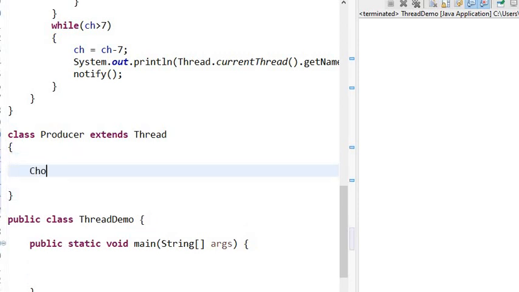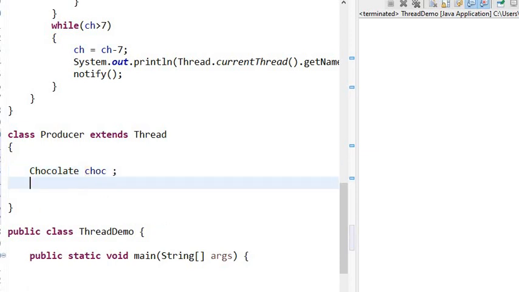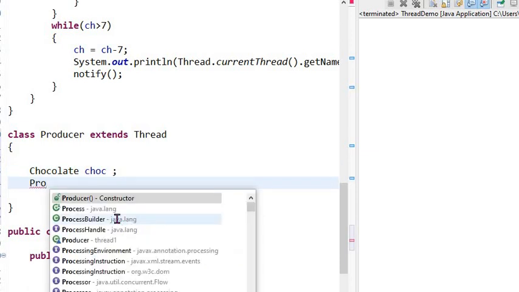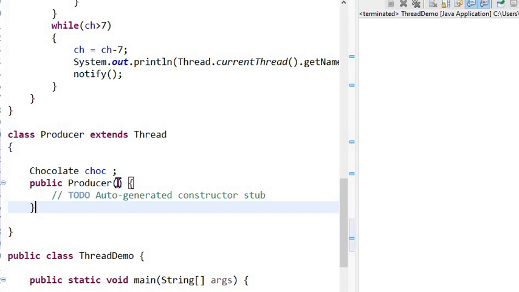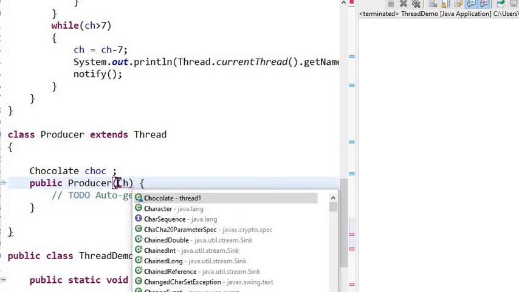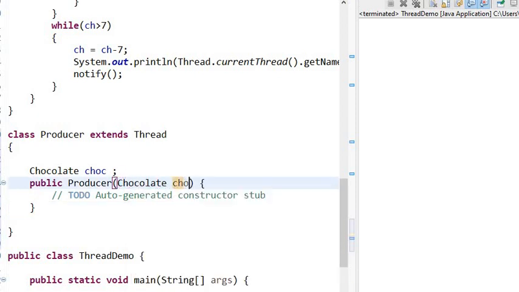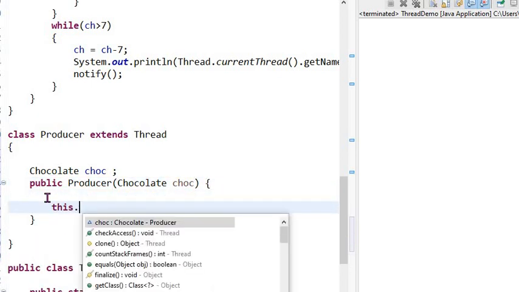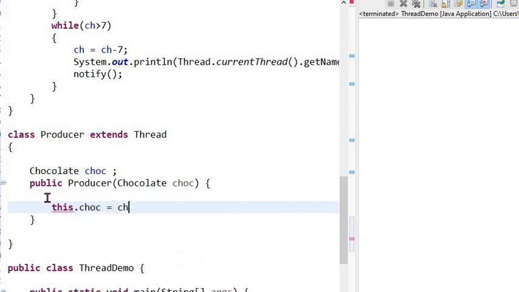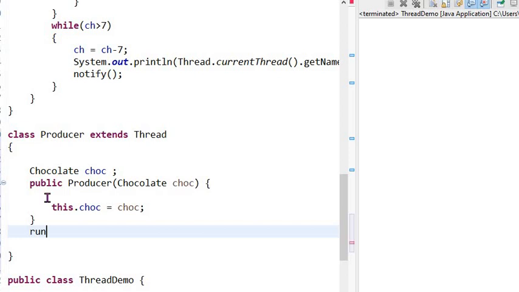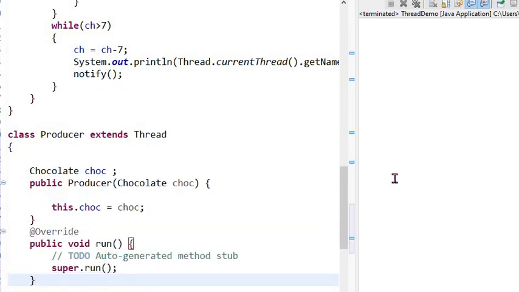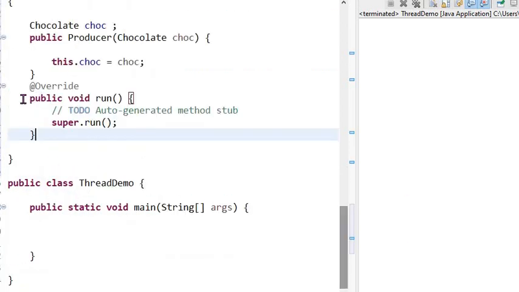Same thing we are going to do. So we will create the chocolate object ch. I will create the producer constructor and I will initialize this.chocolate is equal to chocolate. Done. Now after the run method is being called, what we will do in the run method,